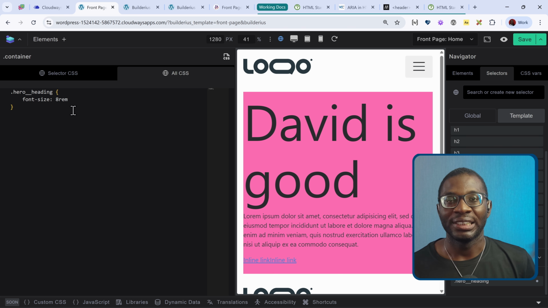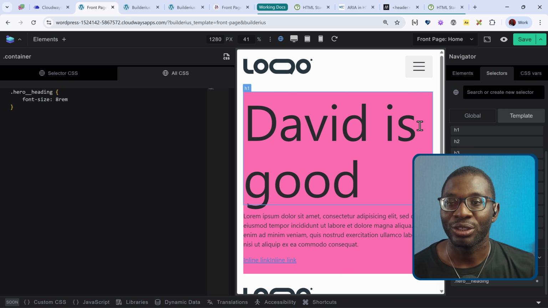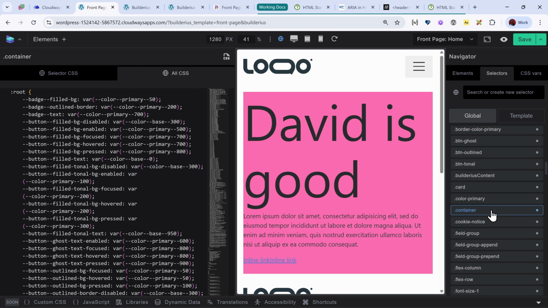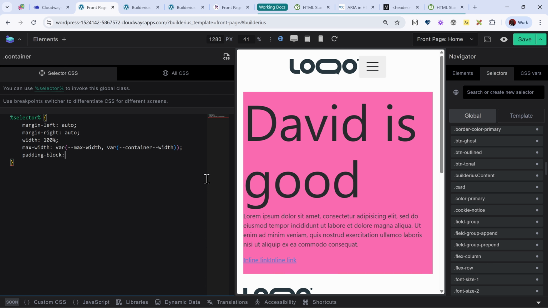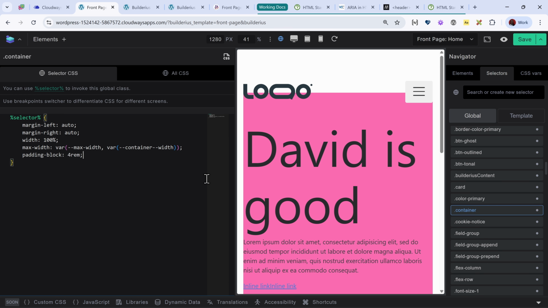So that's it for the Pro version versus the free version. But that doesn't make you limited if you're a free version user. Free version users can still apply CSS. You're not really restricted. So let's say, for example, container. I know some people might worry that only Pro version users can apply some random CSS, like maybe padding block and for rem, something like that. You'll be thinking that only the Pro users can apply CSS that is not available in the UI. That is not the case. They still give you accommodation for free users.